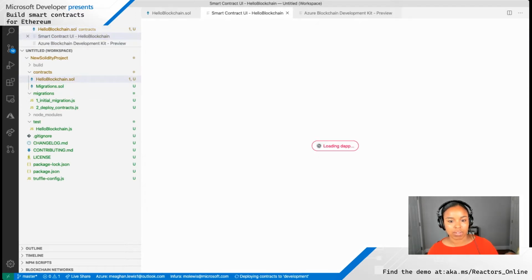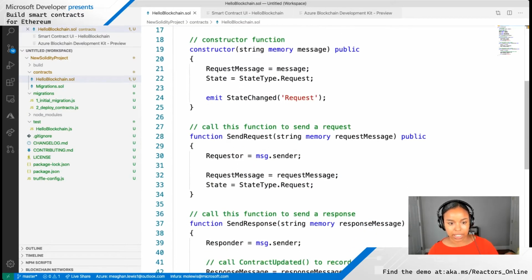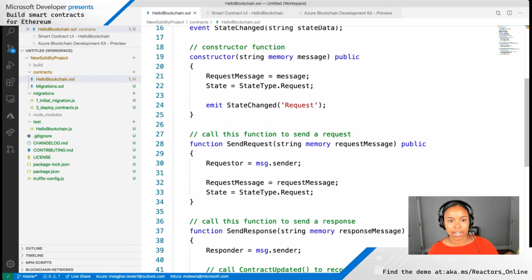And at some point, we definitely will see this today. So I might just have to come back to it. But the smart contract UI is really cool. It provides at least a simple UI and DApp for us to actually interact with the contract in some way. So if I go over to the contract, actually, you'll see that there are